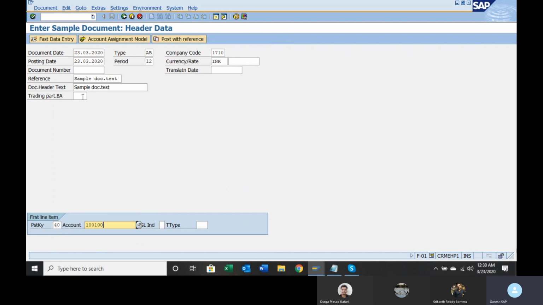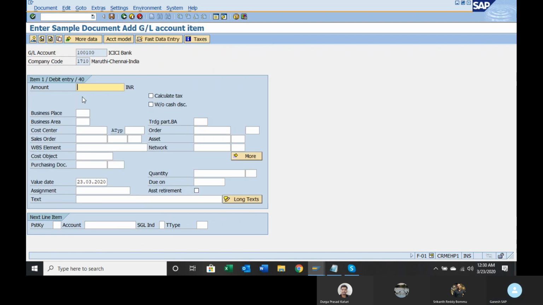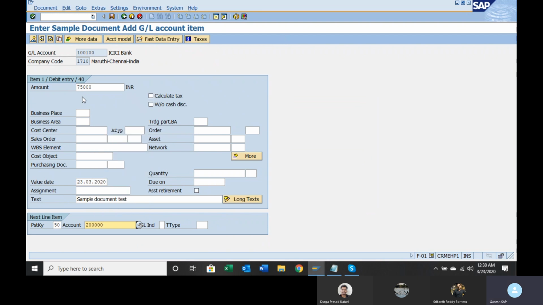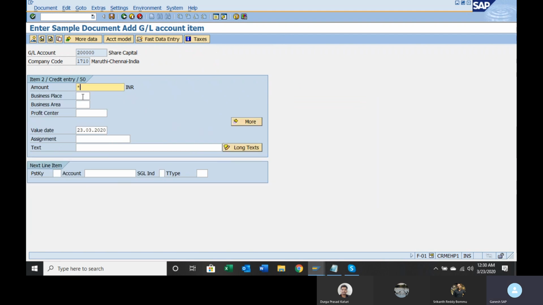Amount 1,00,000, say 75,000. Sample document testing, 50. Some entry I am posting. Assume that it is for a liability entry, or for a share capital entry, whatever it is. But it is a sample entry.